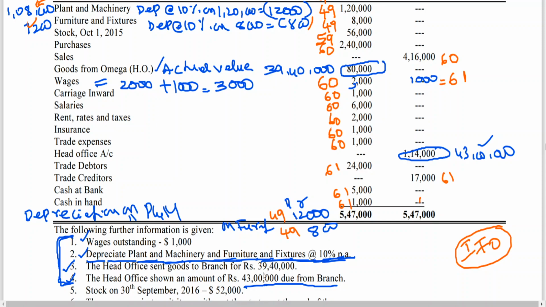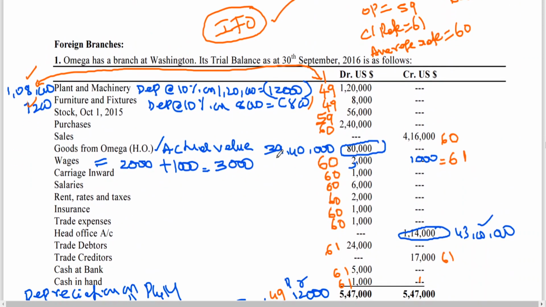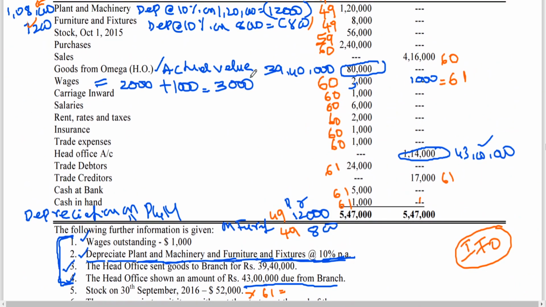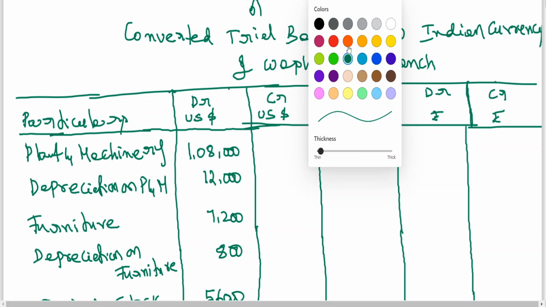This we need to take closing stock, closing rate. What is closing rate, sir? 61, I think. This will be taken to trading account credit side and balance sheet asset side. Closing rate 61. Clear to all of you? Now I have to take the rates, the conversion rate factor, into consideration here. Let me use red color for you to quickly identify.